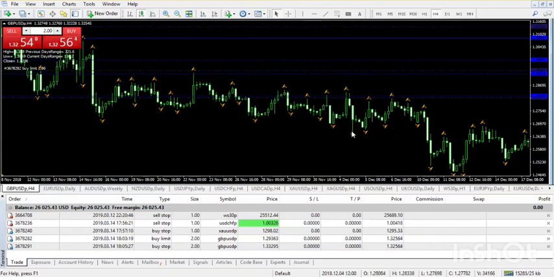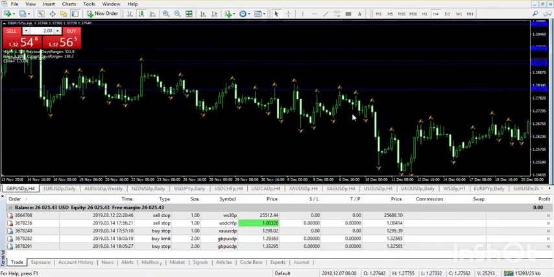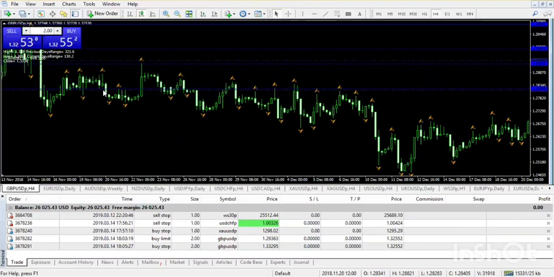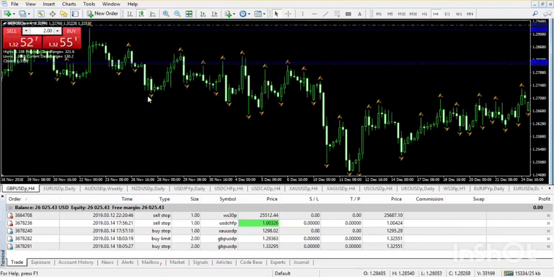One of them is that the shadow is not exactly longer than the body. They're almost the same height. The shadow has to be visibly longer than the body, like this one. So the shadow has to be longer than the body and it has to be visible, not almost longer. So the second factor that it doesn't have is that it's white and it's not empty. The third factor is that